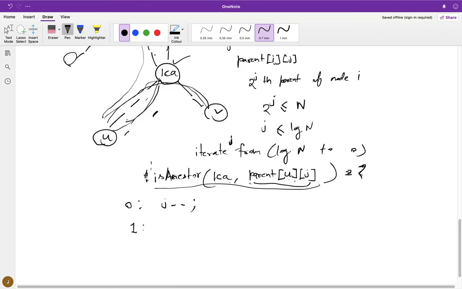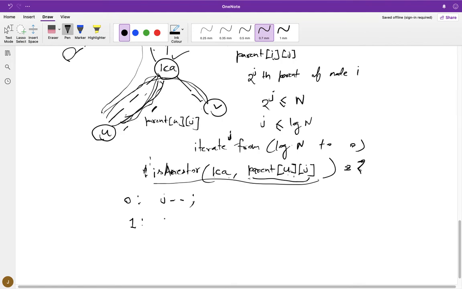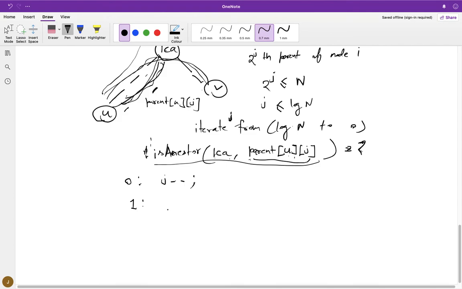And if this is 1, that means my LCA is an ancestor of the 2 power jth parent of node u, so the value parent uj lies somewhere in this path. Then I'm going to update these two values: shortest length equals the minimum of the previous shortest length and my min length uj.